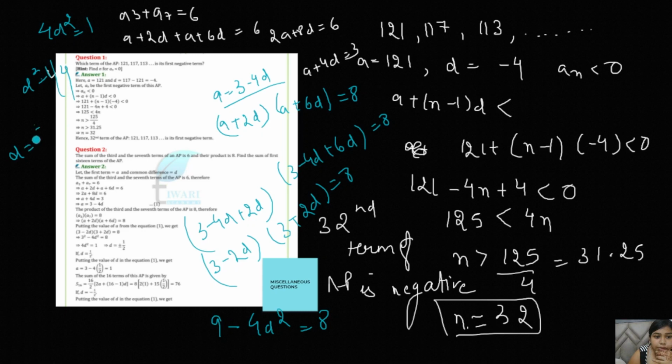Okay, you have to find out the sum of the first 16 terms of the AP. When you have found d, you can put the value in a and find the value of a, and once you are aware of a and d, you have to find the first 16 terms. It means n is 16. You can easily put all the values in the sum formula and find the sum of the first 16 terms. I hope this is clear to you, how you can solve them.